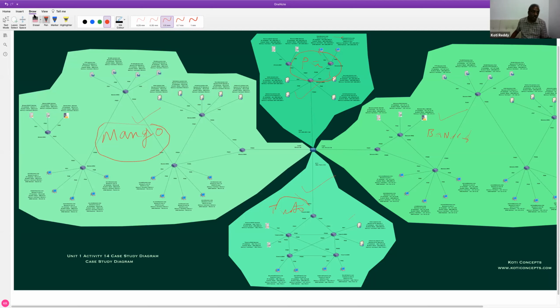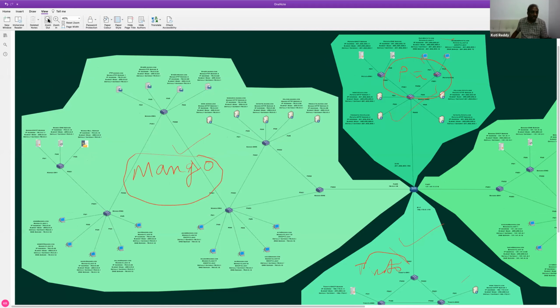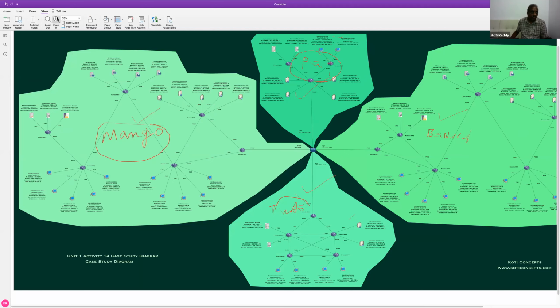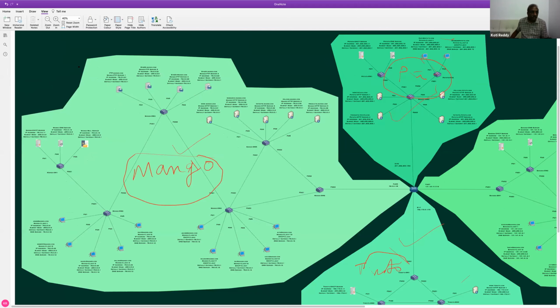Now let us have a look at the IP addressing scheme of these companies.